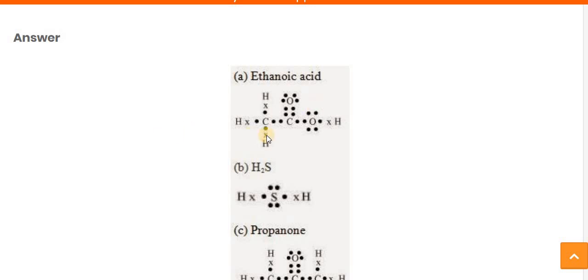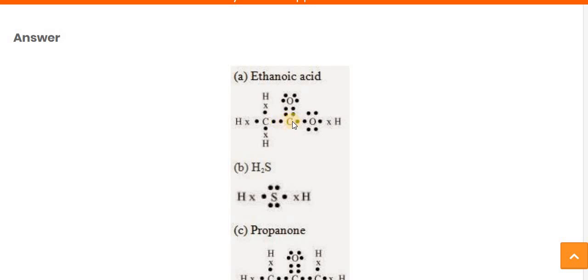Let's learn one more time. The formula becomes CH3COOH. The C possesses 4 electrons in its outermost orbit. Of these 4, 3 electrons are shared with the hydrogen atoms. And same, these 3 hydrogen atoms share 1 electron each with the carbon atom. Like this the CH3 bond is formed. Same like this remaining 1 carbon electron is shared with the other carbon electron. Both share 1 electron and satisfy their outermost orbit.